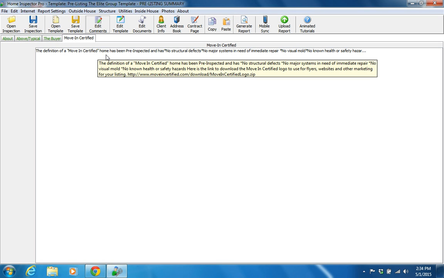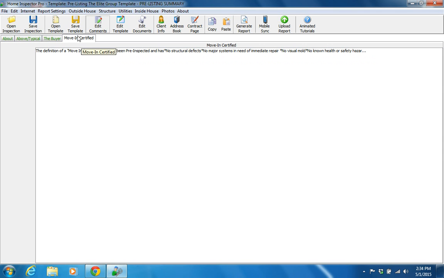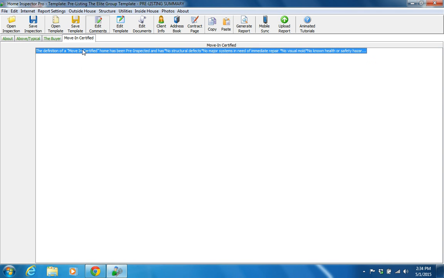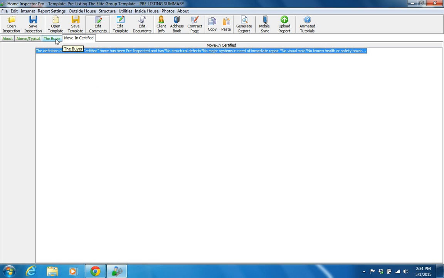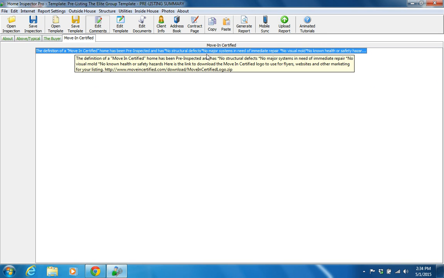If we did find some defects in the home that are anything that's considered health and safety, or anything that needs immediate repair or immediate evaluation, that will sort of negate the move-in certified. So I would only get to this point and click on this move-in certified if I felt this home was move-in certified. So sometimes, depending on the agent, I might click on this and then I would add to the